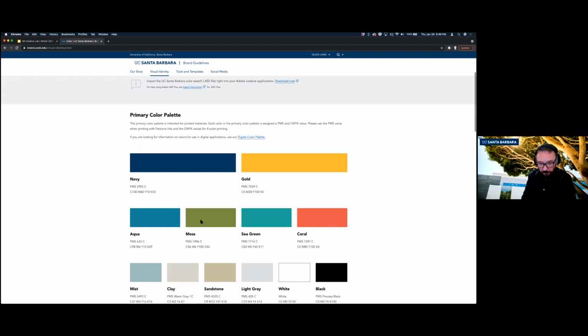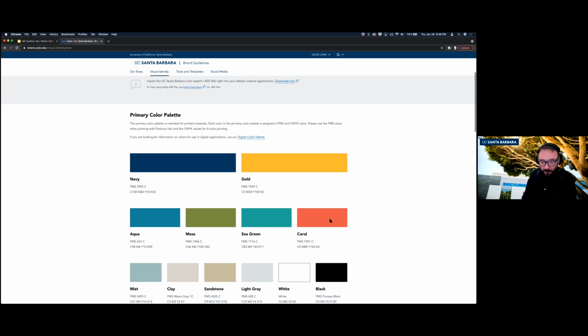These other colors, remember I showed a slide with the team walking around taking photos and really looking at the environment. That's where they got these colors from. They literally took photos of campus and they went around and they picked colors from their photos and said, this is what you see when you're on campus. Obviously we have the ocean. So we have these kind of ocean colors, aqua and sea green. We have a lot of green spaces on campus.